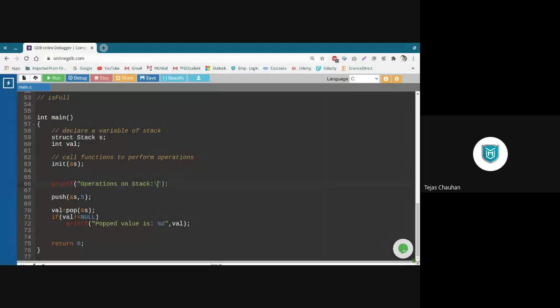I am going to define all those operations first, and those functions are, let's say, first one is push, and so on.